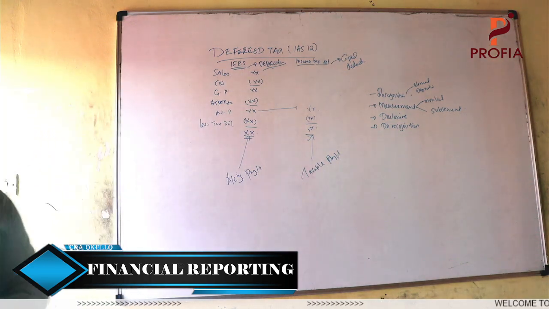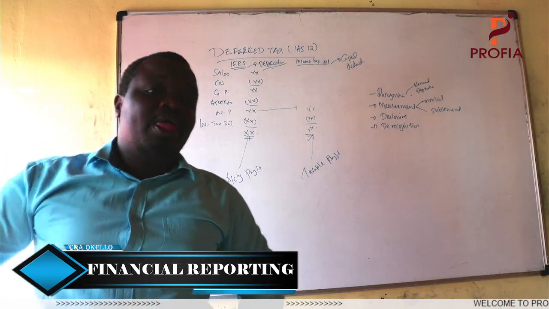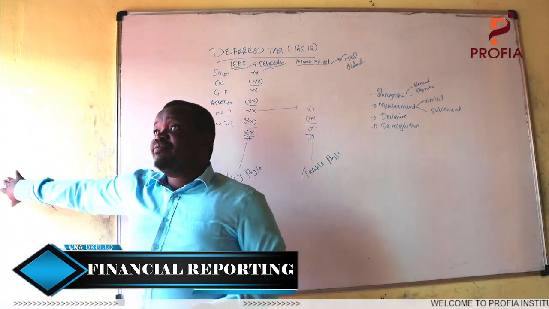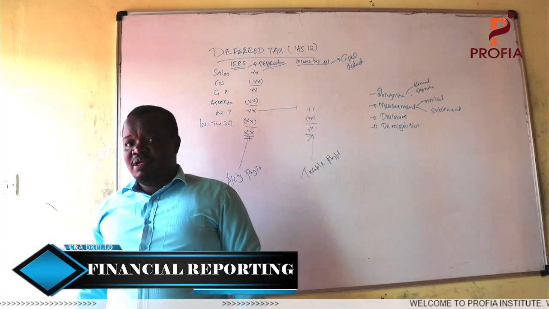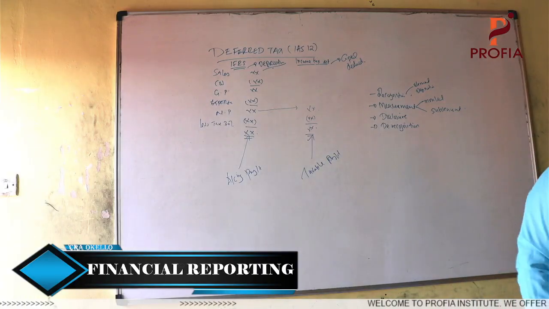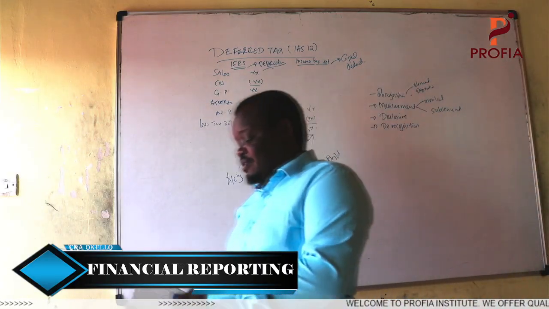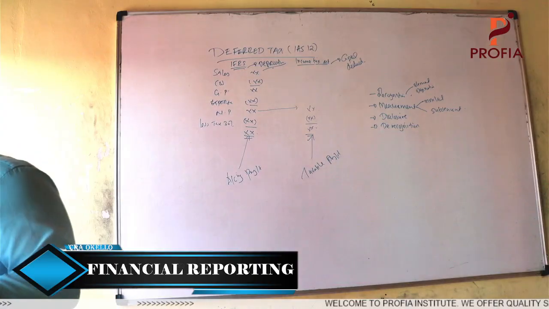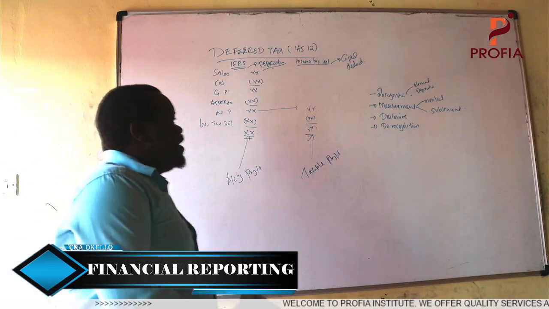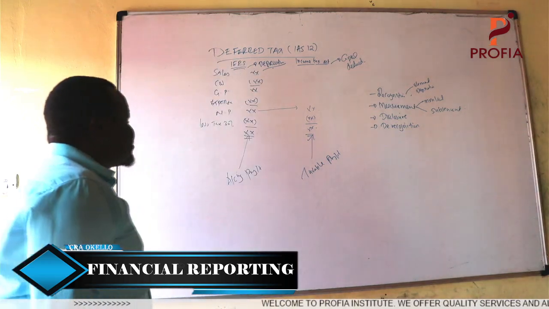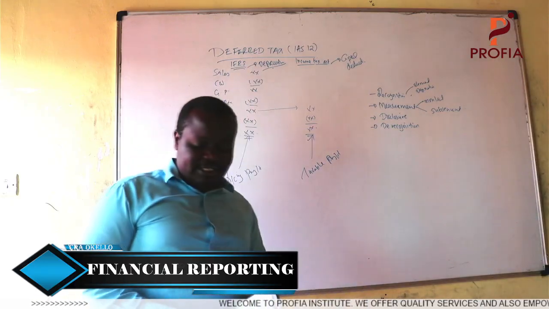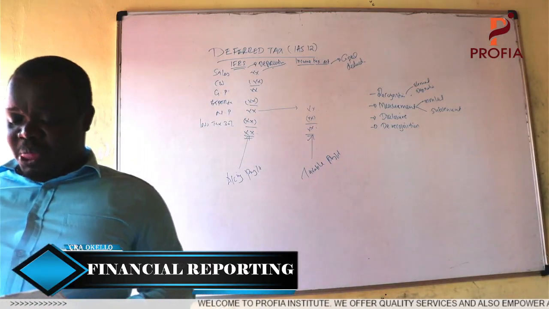Income tax comprises of current tax and deferred tax. You're going to first write: current tax